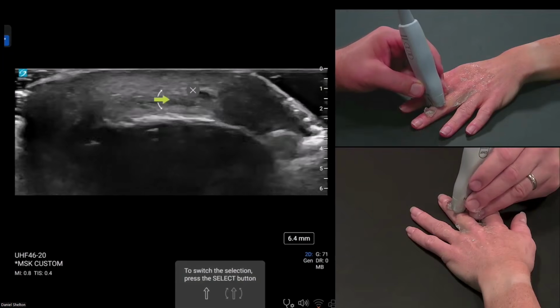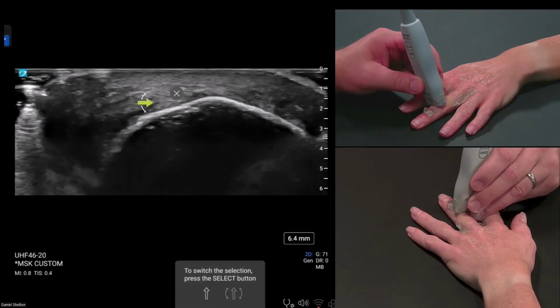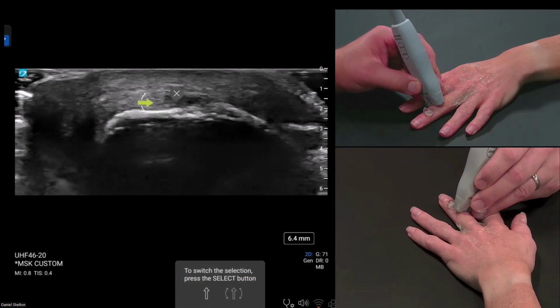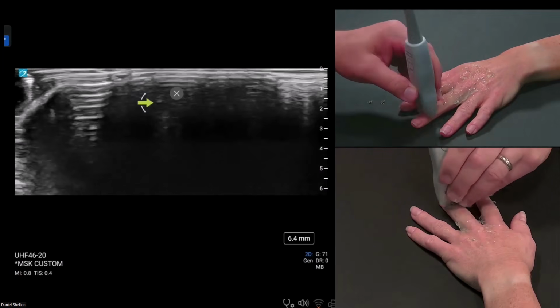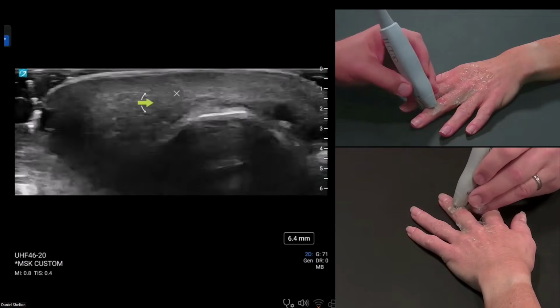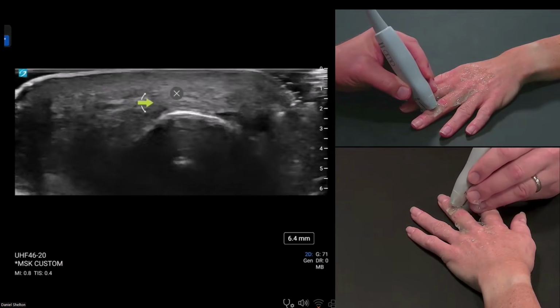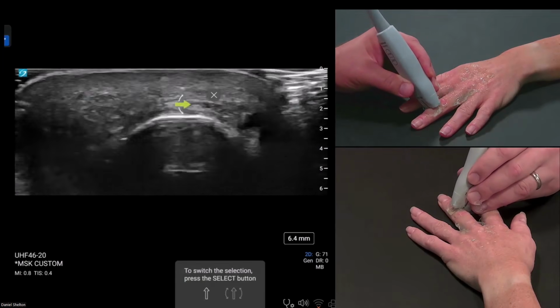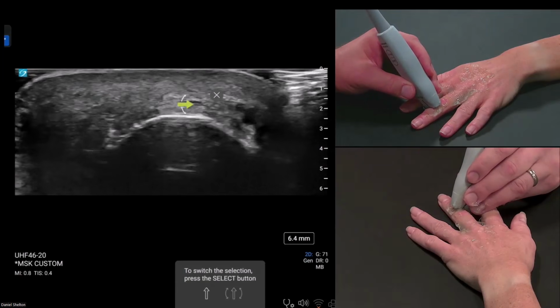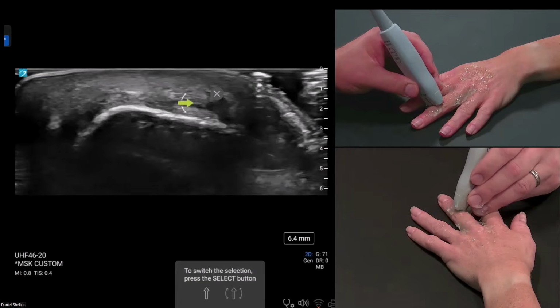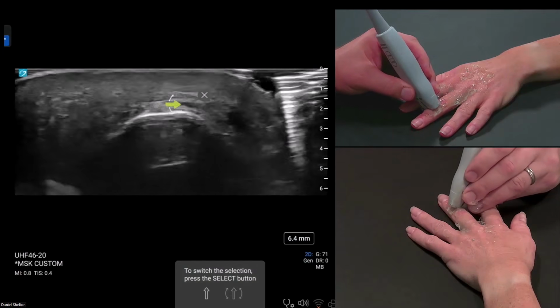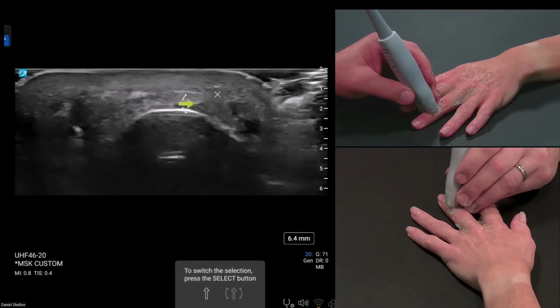So if the layers are looking like they're just getting muddied together, pick one side of the finger. Don't scan in the middle of the finger. Pick a side, lean the probe into that side because we have to stay perpendicular to it, and then just find one echo on the screen and go proximal, distal before you move on. And definitely don't hold the probe still for these exams. You've got to really move the transducer, so make it move.